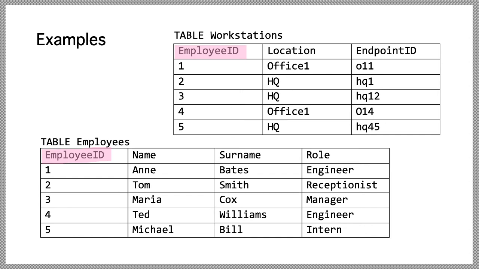Here we have the employees table that you have seen already, and now we have another table called workstations. Let's say it's just an inventory of computers, personal computers or laptops that the employees are issued, and you can see the location, either HQ or Office 1, where that machine is located, and the employee ID